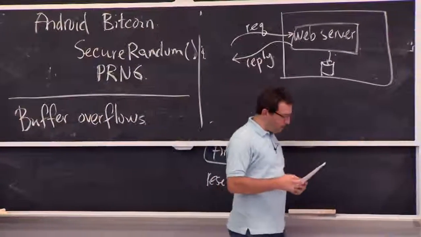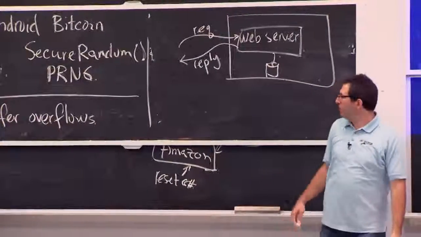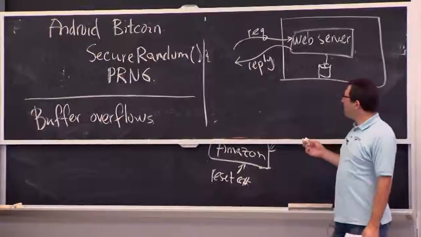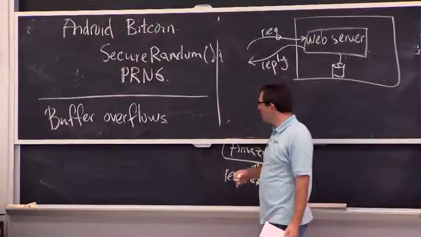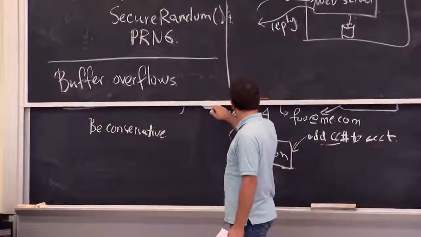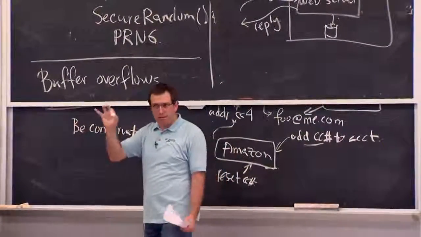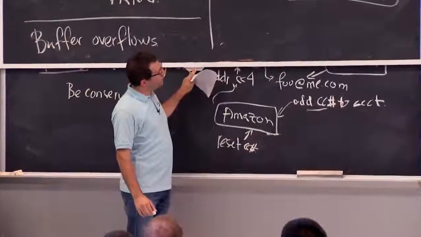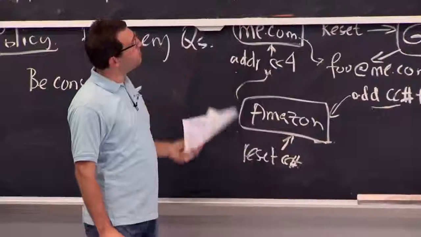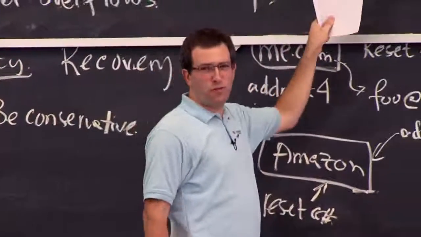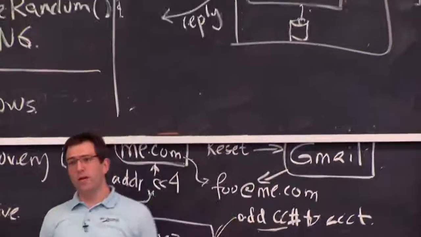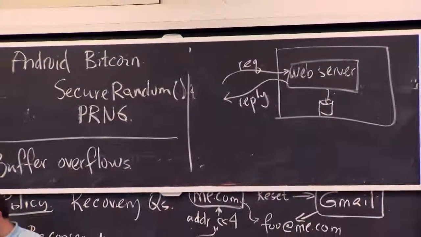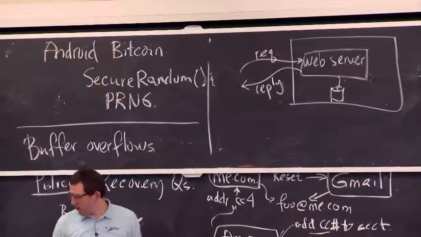And one common problem if you're writing software in C, which many things are still written in C and probably will continue to be written in C for a while, is that you can mismanage your memory allocations. And as we saw in this SSL certificate naming example, even a single byte can really make a huge difference in terms of what goes on. And for this example, we'll look at a small piece of code that's not quite a real web server. In the lab, you'll have this whole picture to play with. But for lecture, I just want to give you a simplified example so we can talk about what's at the core of what's going wrong.